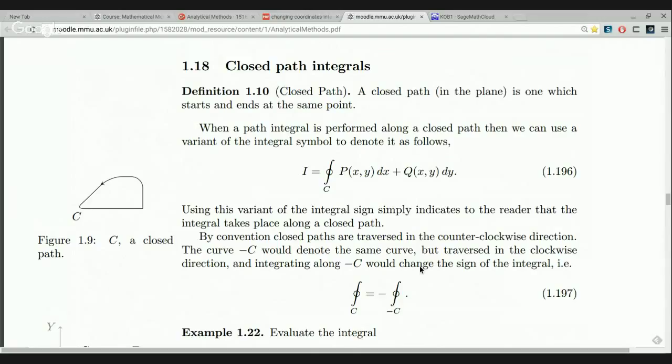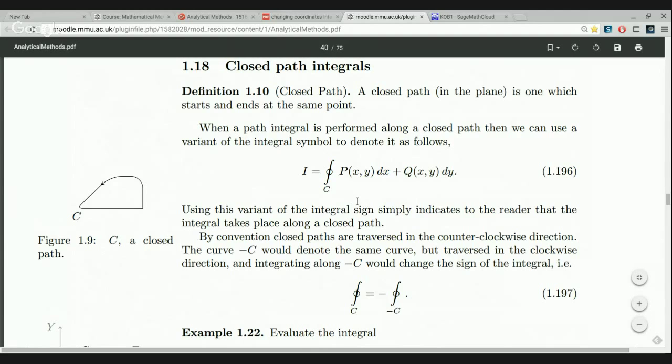A simple closed path would be one without any self-intersections along its length. So one without any kind of loops where it crosses itself. But if it's just one single loop without any other self-intersections, then it will be called a simple closed loop. And for path integrals along those,